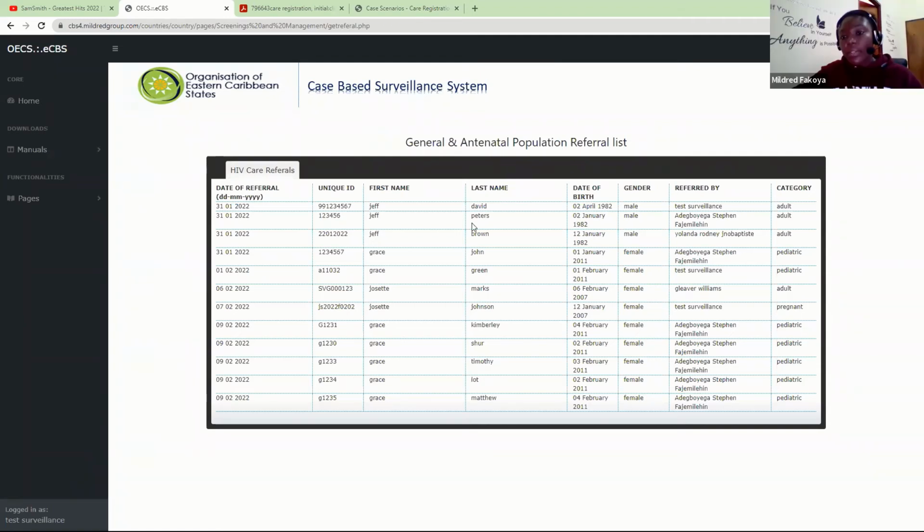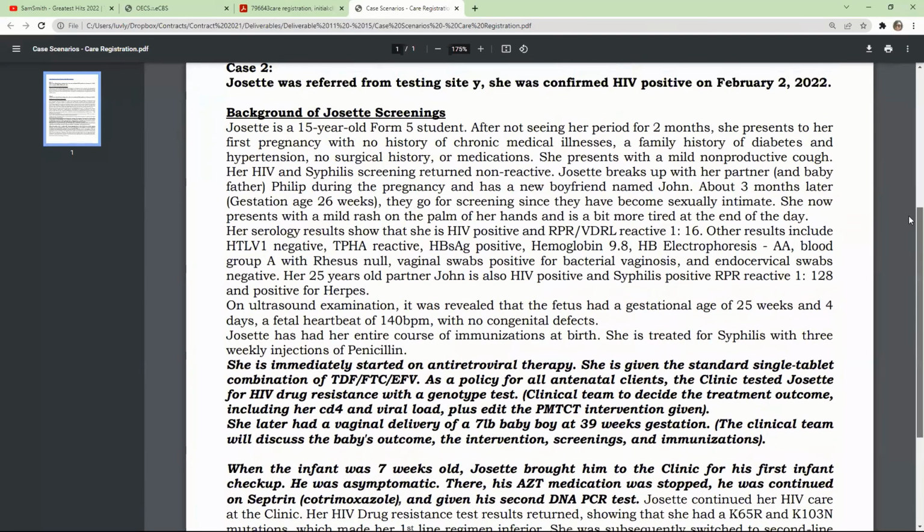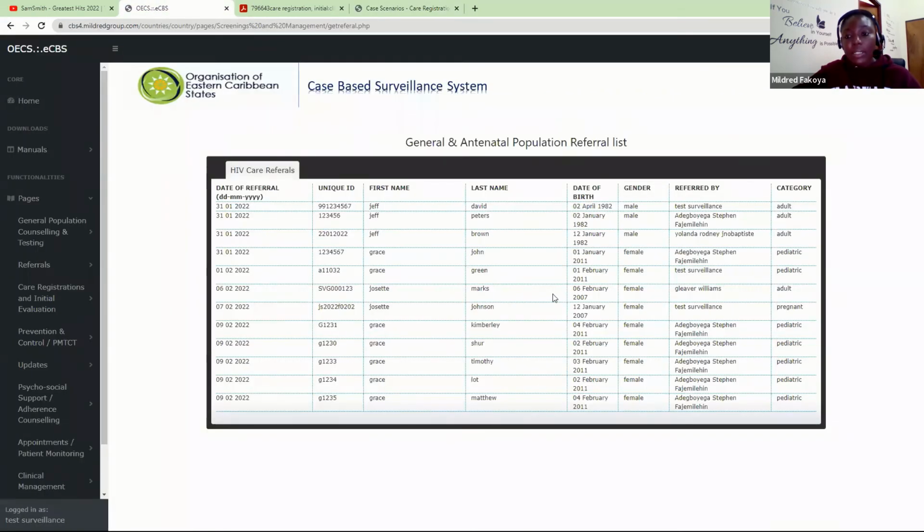So I will assume that we all understand everything today, and then we'll go into breakout rooms. What we will do in the breakout rooms is to use the case scenario, right? You can use exactly this one to follow a story. You can make up one to try out, but we want to look at case one. You want to go through the care referrals list and pick anything on the list. You want to pick one adult, one pediatric,